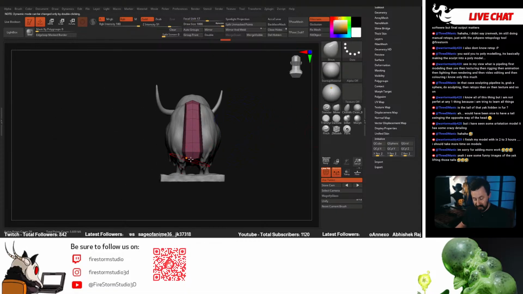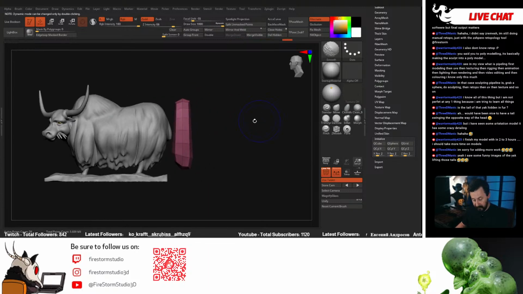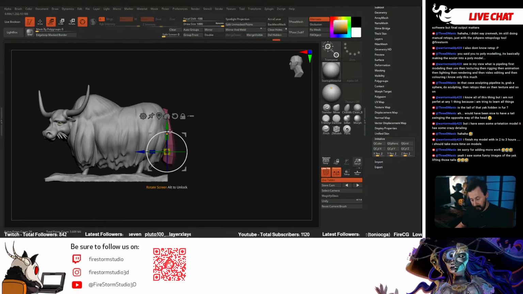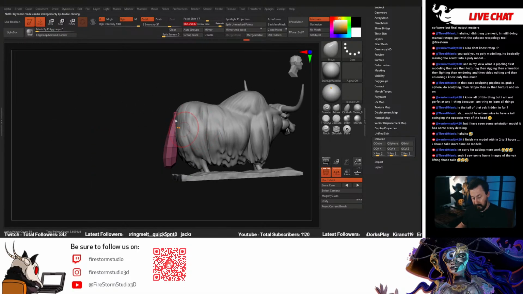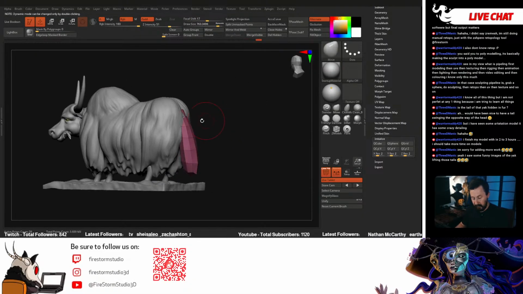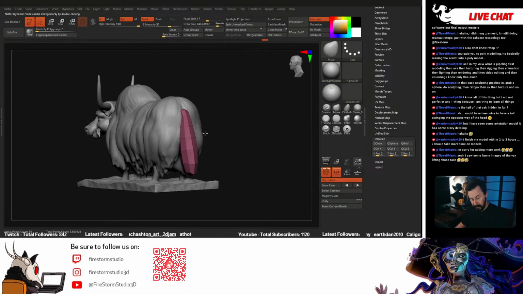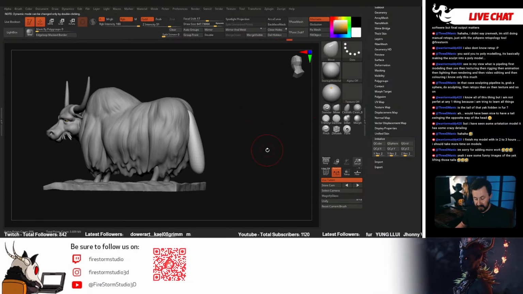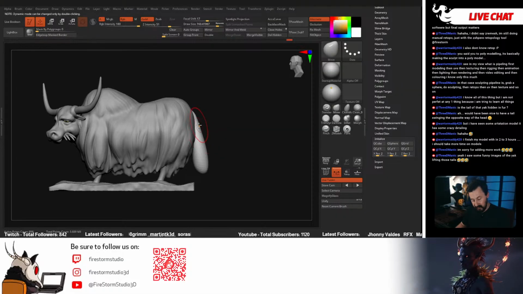And get our symmetry on. And we'll just subdivide it a couple of times. I know it looks really dodgy, but at the moment,